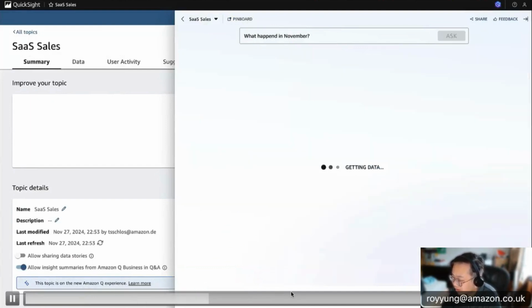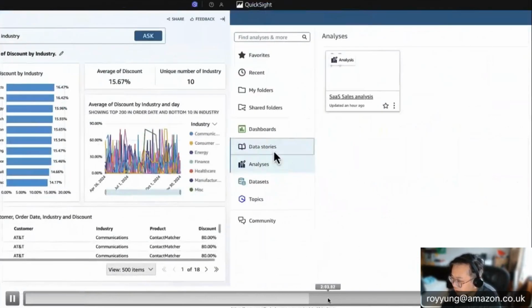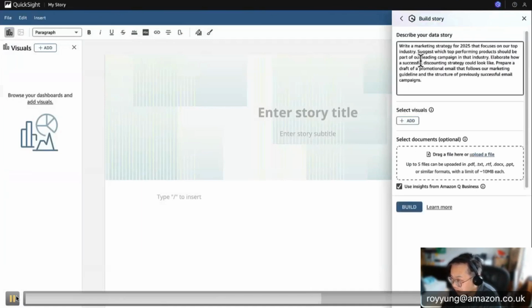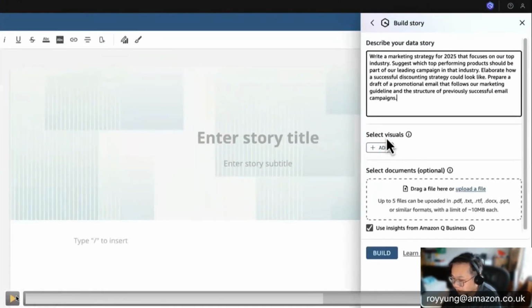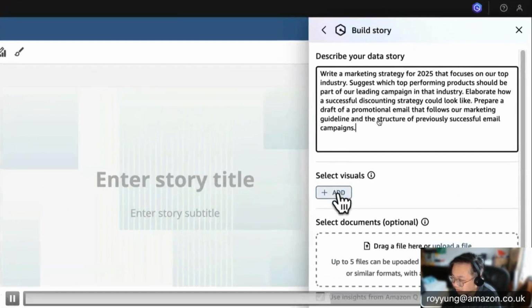And there are a few more examples. And except the Q&A capability, I also want to show you another feature in data stories. Data stories is a feature where, for example, your data analyst, after they read the dashboard and got the information, may need to prepare a slide and share it back to the executive. In the traditional way, they may take some screenshots of the dashboard and do some write-up, which may take hours or days. So now with data stories, they just tell me what they did and add the